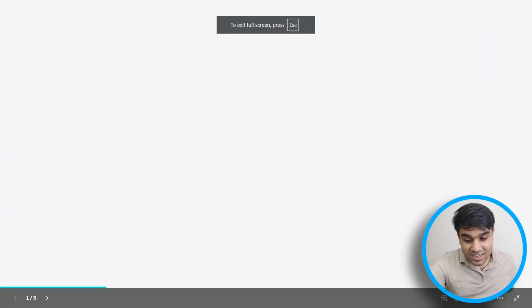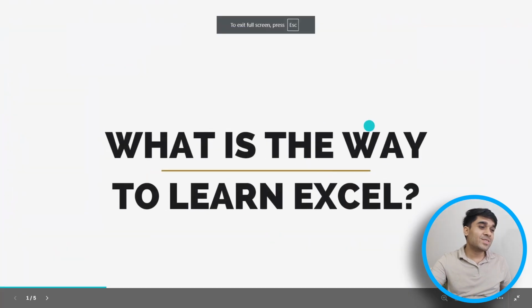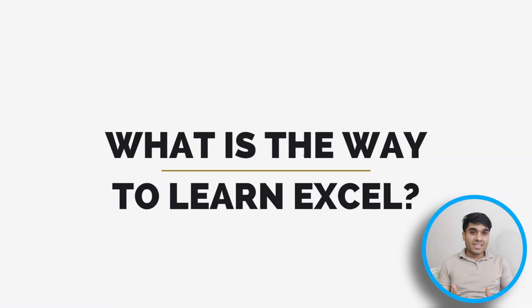If you can see on the screen right now, there is a way to learn Excel. So why do I say there is a way to learn Excel? See, in today's business environment, things have changed. If we go back to the last decade, I'm not talking about the software update for Microsoft Excel, but about the way people were using Excel. We didn't have any AI or chatbot or any other artificial intelligence or machine learning environments. So to analyze data, as we do today, things have evolved dramatically.